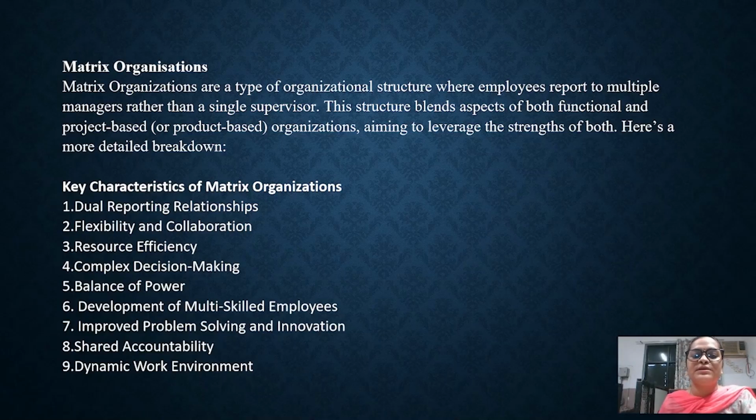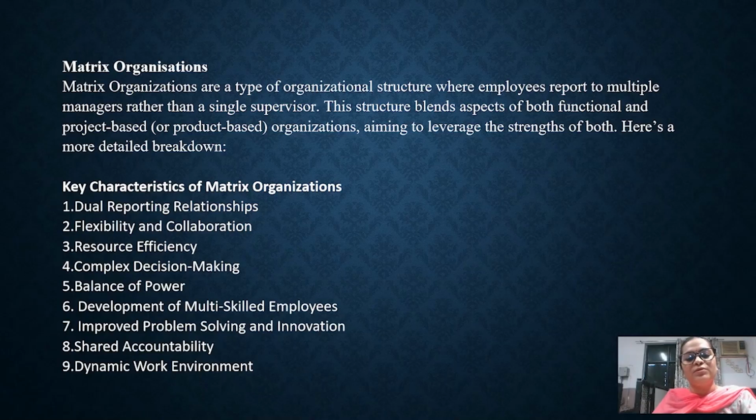Now, the fourth characteristic is that the dual reporting line in the matrix organization can make decisions more complex, right? Coordination and communication between the functional manager and the project manager are very crucial to avoid conflicts and to ensure that the alignment of goals and priorities is being considered. While this can lead to a more thorough decision making process, it can also slow down decision making if it is not managed effectively. So clear communication channels and well defined job roles and responsibilities are very essential